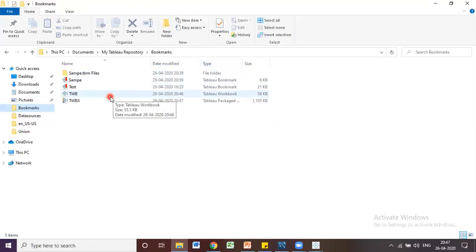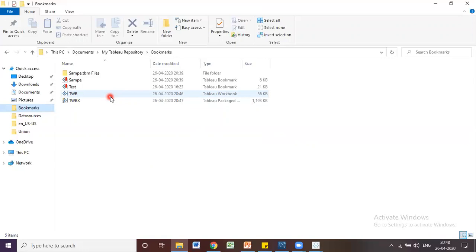What the TWB file includes is the connection information. It holds the connection information, that's it. Coming to the TWBX file, along with the connection information, it holds the data, and if you have used any background images, custom shapes, or other things you have made, all this information will be saved in a TWBX file.